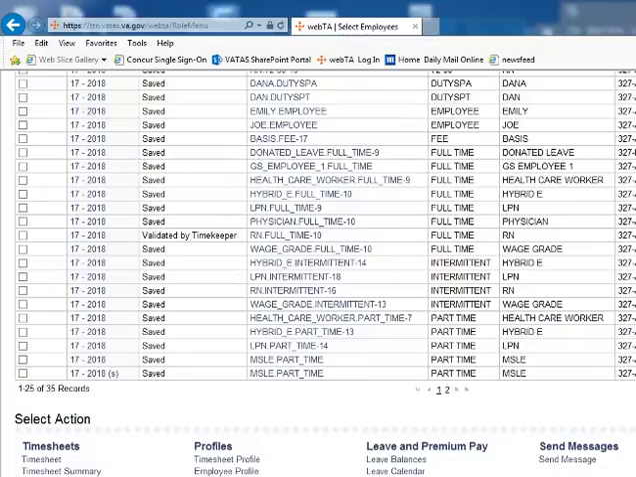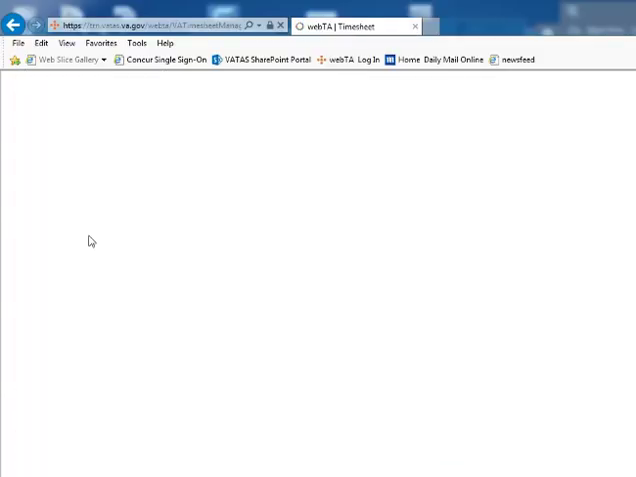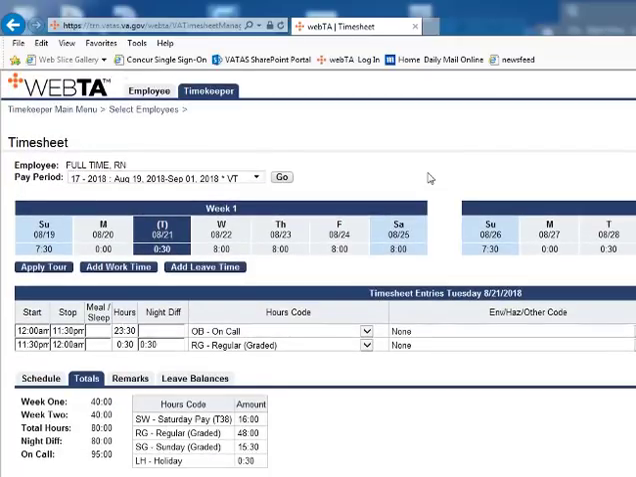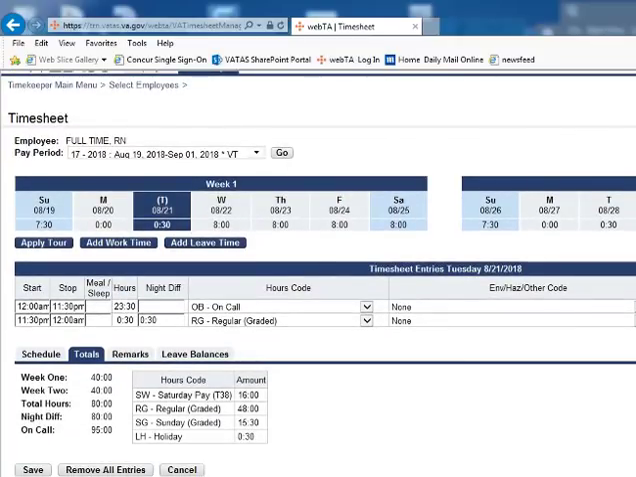And I would like to first look at our full-time RN's timesheet. So I will click on the 17-2018 pay period hyperlink to go directly into that timesheet. And here you can see the entire pay period is fully posted, and when I click on the Schedules tab